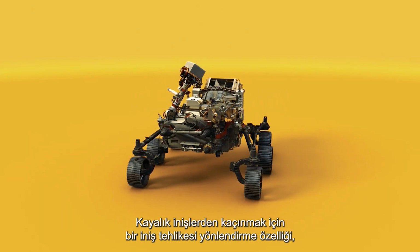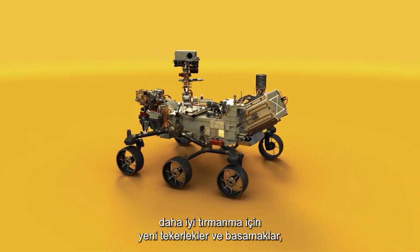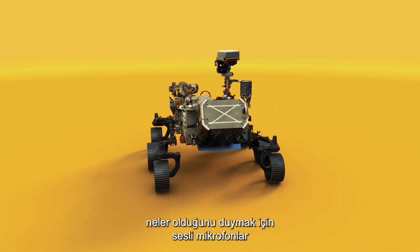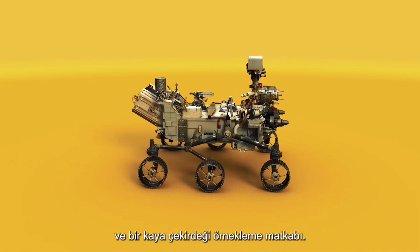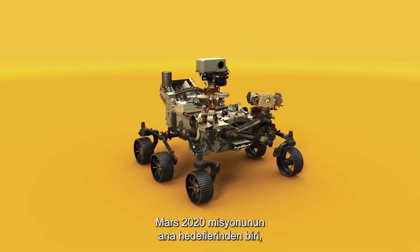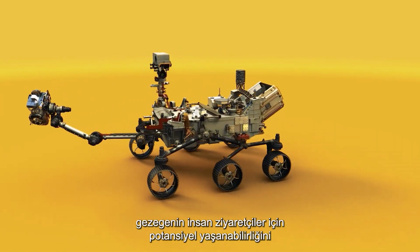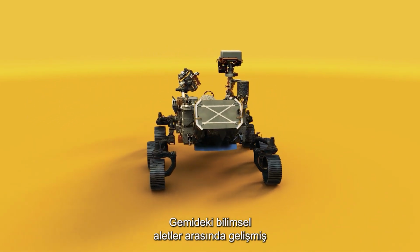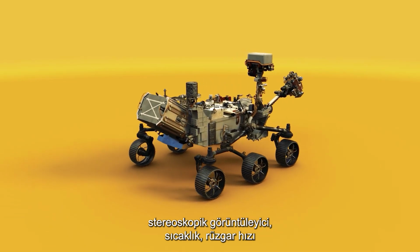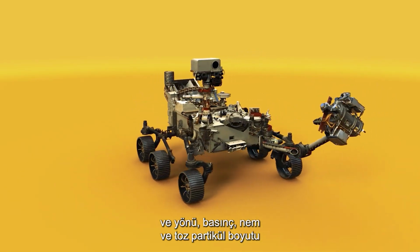A landing hazard redirect feature to avoid any rocky landings, new wheels and treads for better climbing, audio microphones to hear what's going on, and a rock core sampling drill. One of the main goals of the Mars 2020 mission will be to determine the potential habitability of the planet for human visitors. Scientific instruments on board include an advanced stereoscopic imager, environmental sensors for temperature, wind speed and direction,